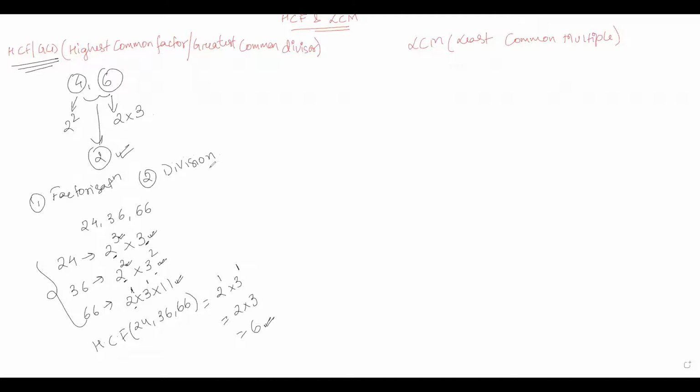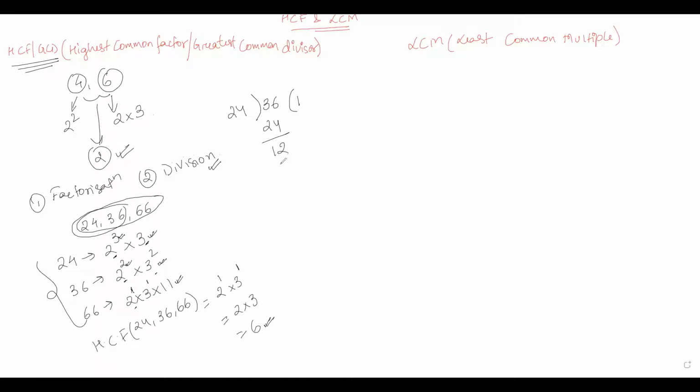Okay, so now let us try to see the division method of calculating the HCF of two or more numbers. To use the division method, I need to take the lowest two numbers out of the three numbers given to us. So the lowest two numbers would be 24 and 36. So I need to divide 36 by 24. So here 24 times 1 is 24 and the remainder is 12.